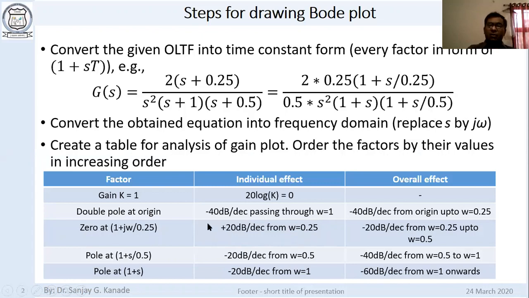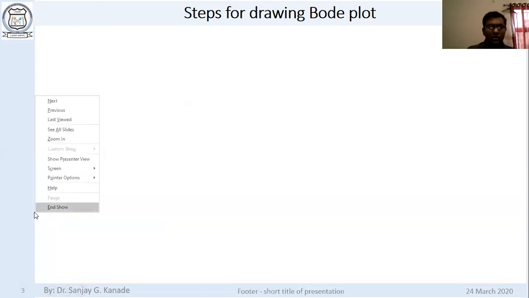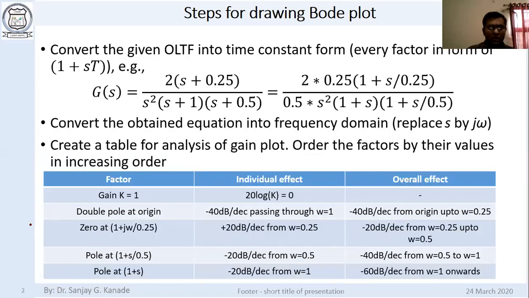And for each of the factors, how is the shape? The shape is, in the beginning, it is like 0 dB, and then at this cutoff frequency, after this cutoff frequency, we get either a minus 20 dB or minus 40 dB or plus 20 dB or plus 40 dB, whatever the lines are. Okay, up to this cutoff frequency, the gain is 0, the magnitude is 0, and after that we get minus 20 or minus 40 dB lines, right?